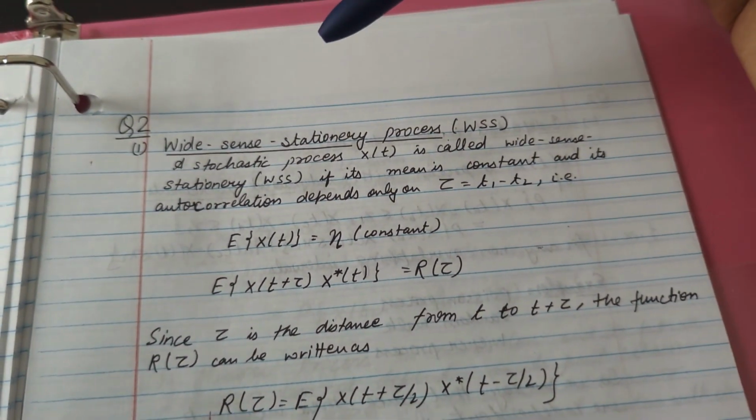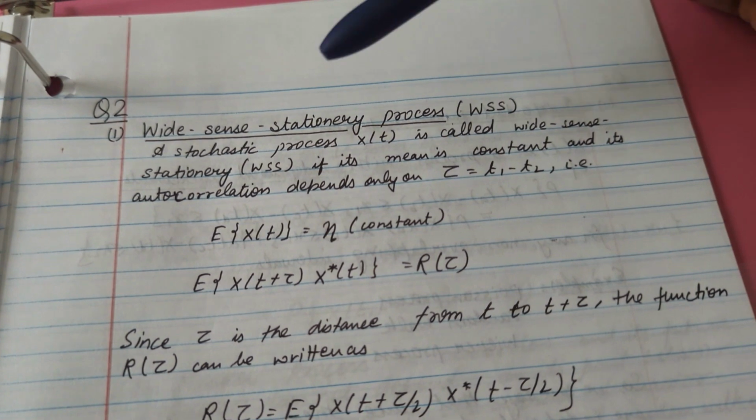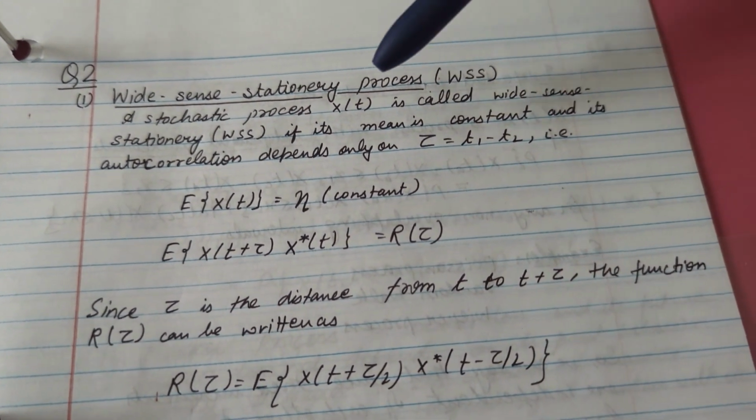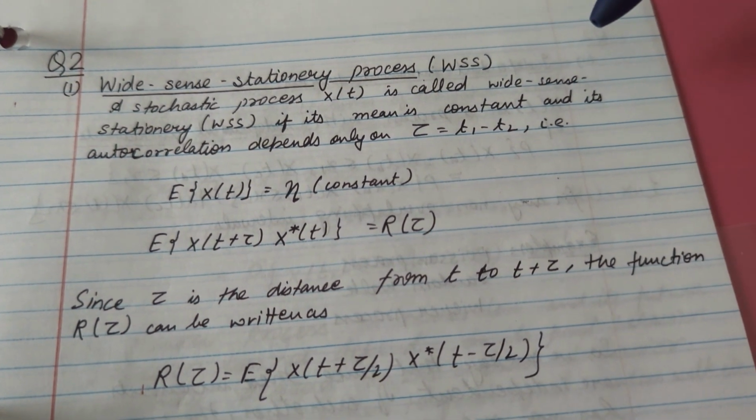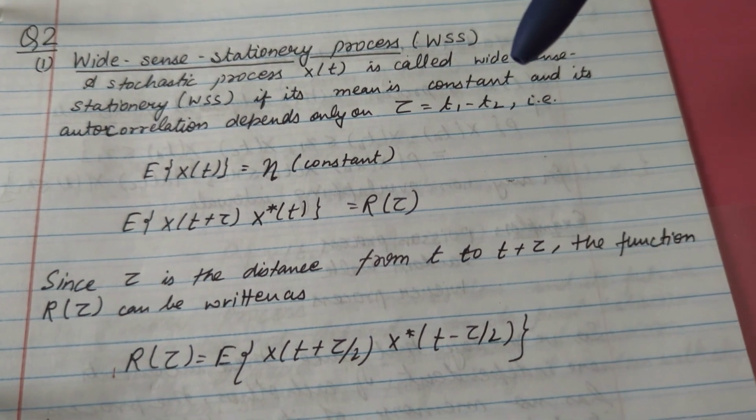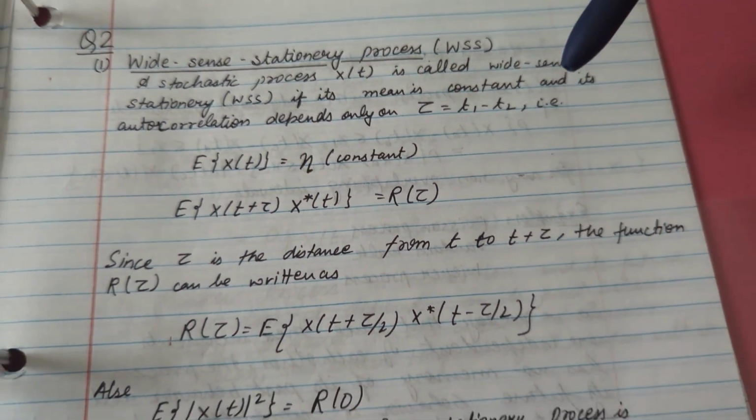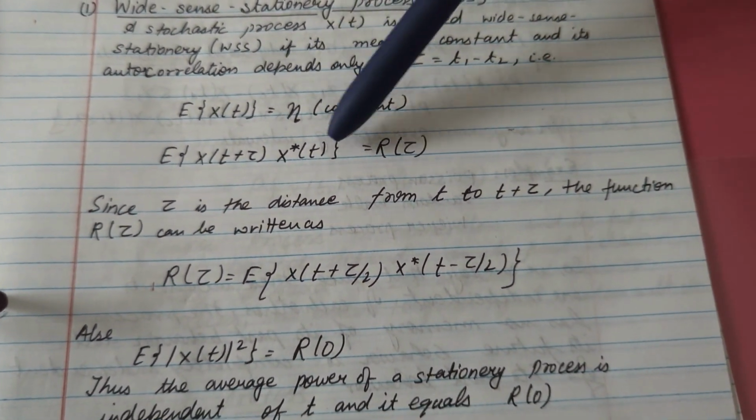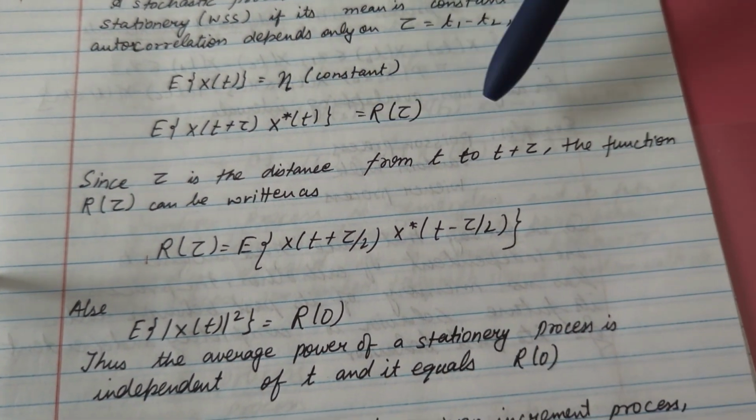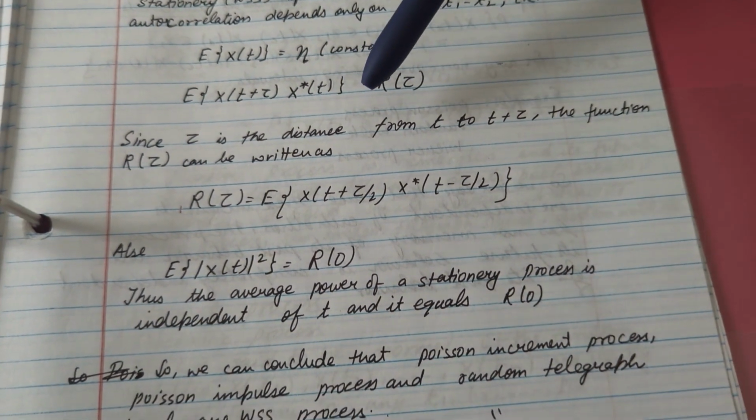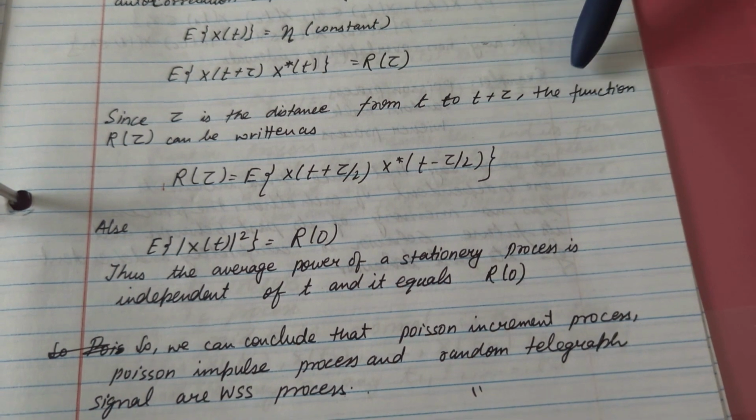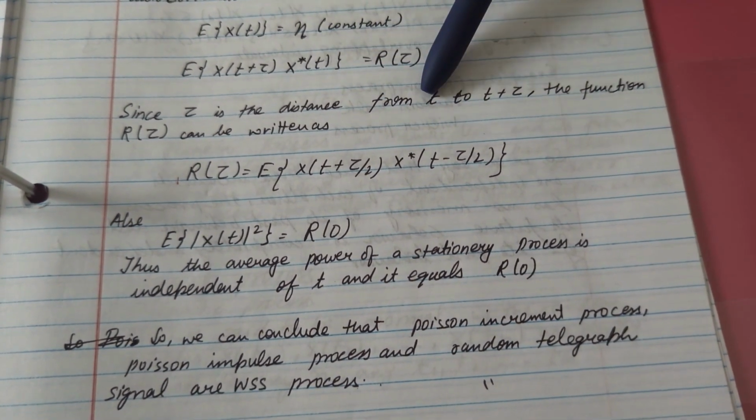So, in question 2, first we will begin with a wide sense stationary process, which is WSS. A stochastic process X(t) is called wide sense stationary if its mean is constant and its autocorrelation depends only on tau equals t1 minus t2. That is, expectation of X(t) equals eta, which is constant, and expectation of X(t plus tau) X*(t) is R(tau). Since tau is the distance from t to t plus tau,